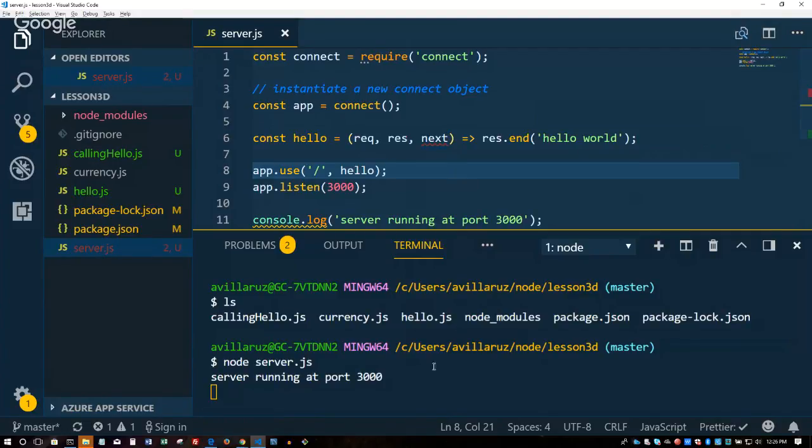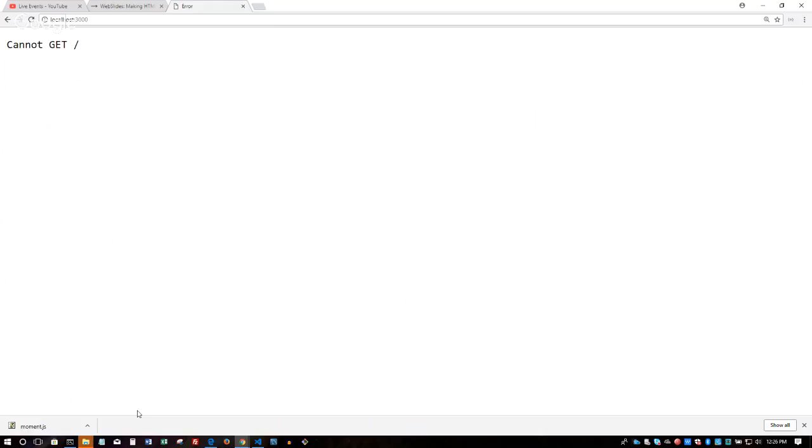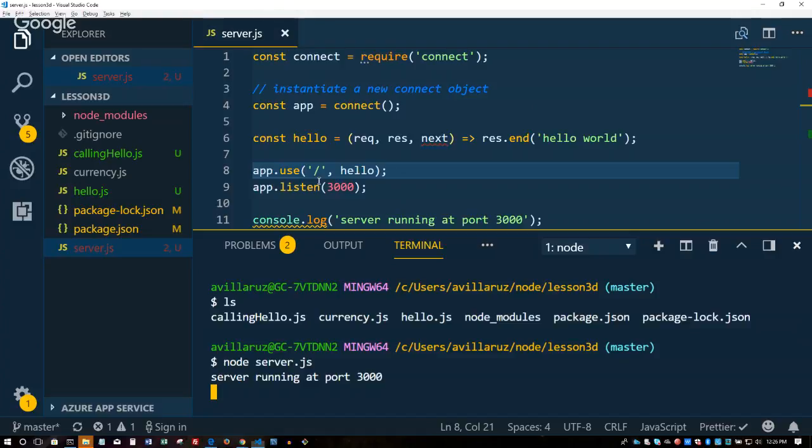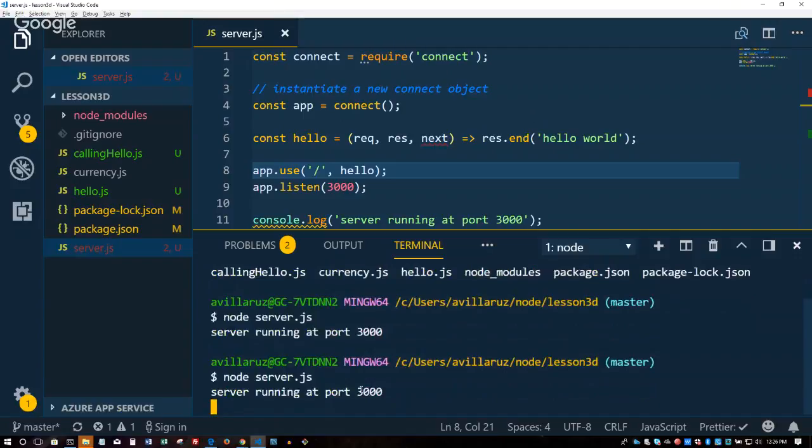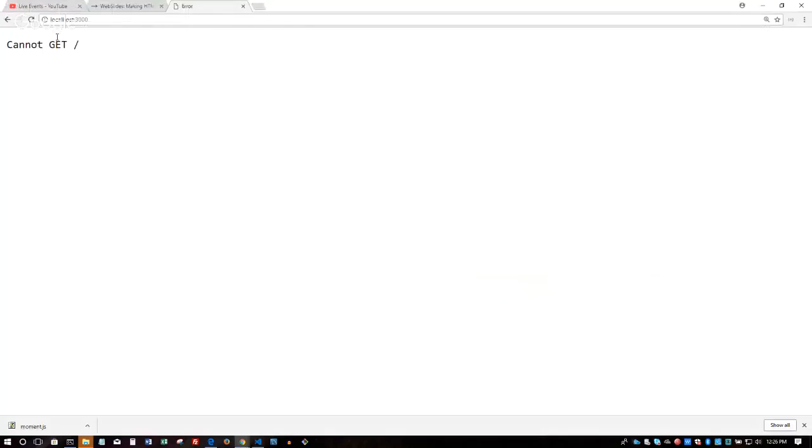So, question: how do I see my changes? If I go to my browser and refresh, am I actually seeing my changes? No. What do I have to do first? I have to restart this. So I have to Control C to break out of it. Now it's stopped. Let's do it again: node server. Okay, now it's running. Let's go back to our browser. Refresh. Works. Cool.